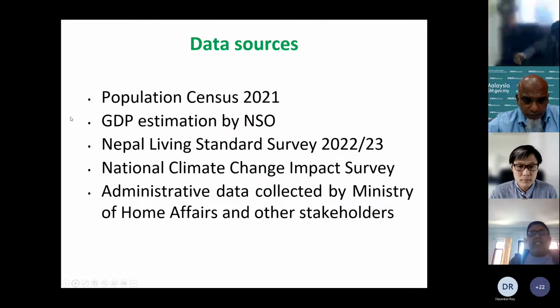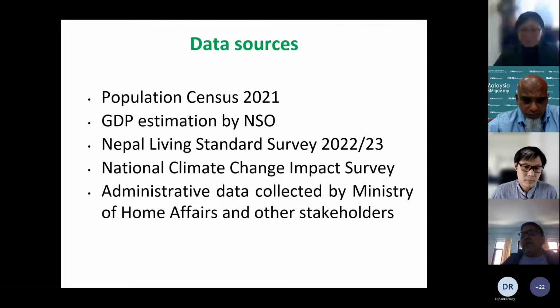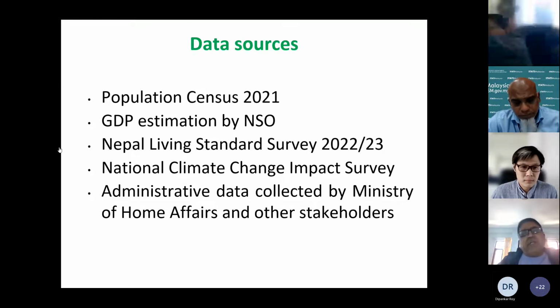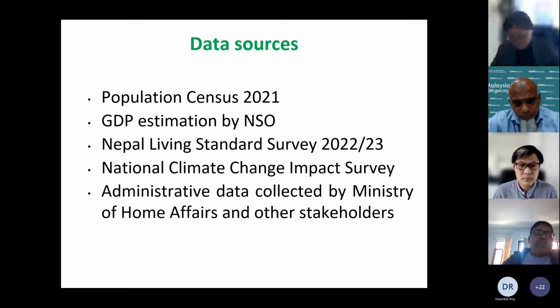Basically the data source is the population census. We recently conducted the population census within 2 months. Up to the end of December, maybe December 15 or the end of December, we'll get the total result of the population census. One data source for this table is the population census, and another source is the GDP estimation. Now the NSO, our office, is starting to estimate disaster loss: how much loss due to disaster in the GDP sector. That kind of activity is also going on.